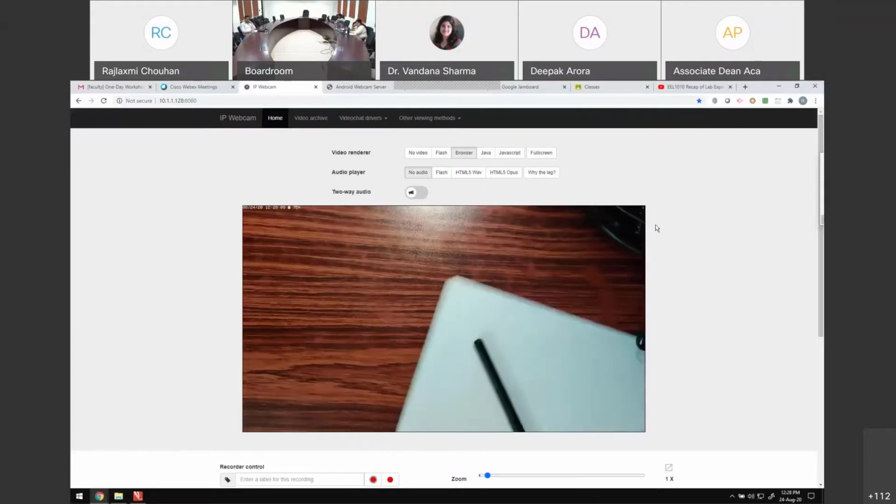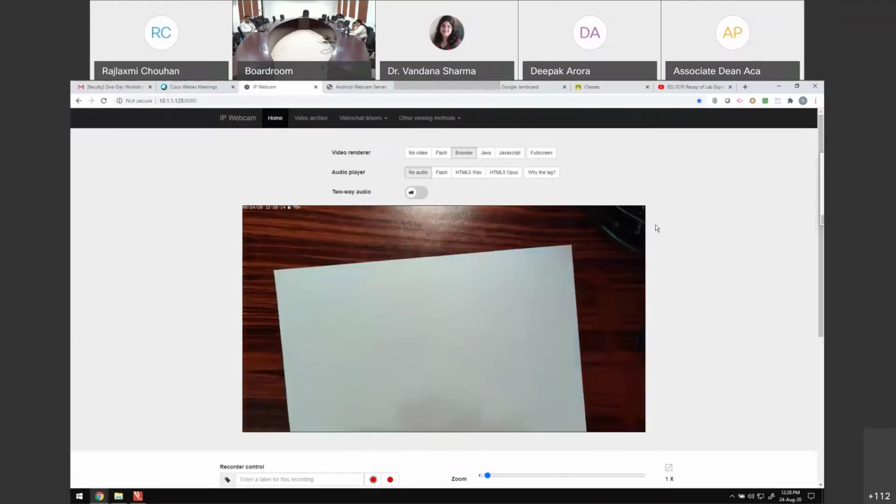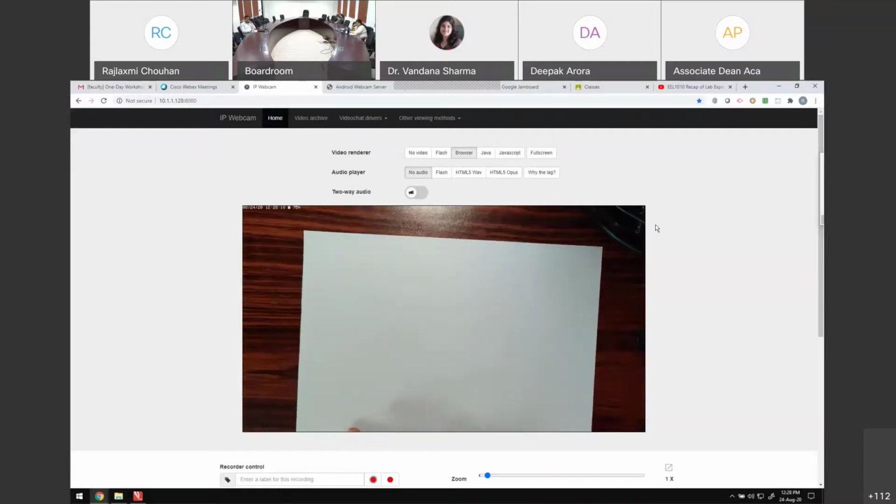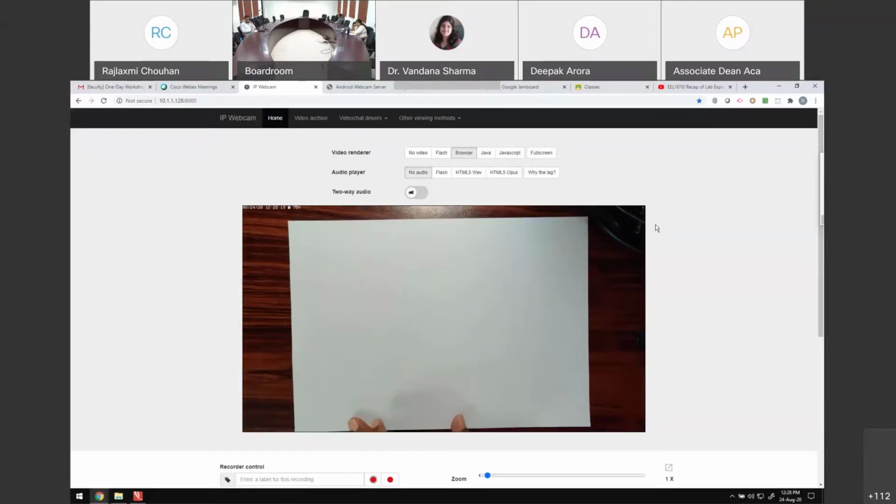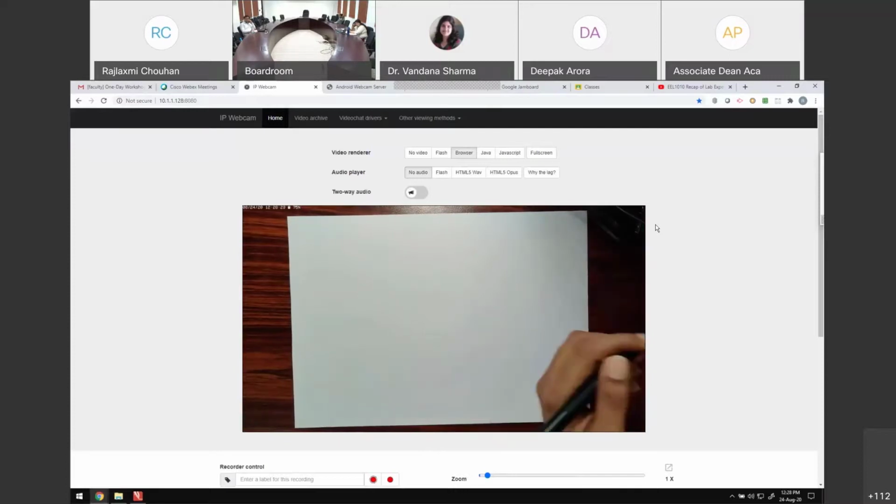Now, normally we use this in electrical department for lab demonstrations often, like in lab when we want to explain certain features or parts of our equipment to the entire batch altogether. But here you can also use this for recording your lectures or taking your live classes, in the sense that suppose you do not like using a pen tablet, right?